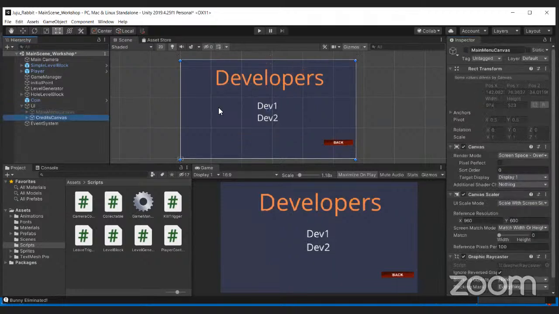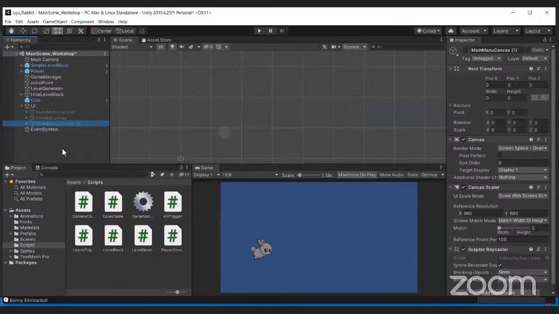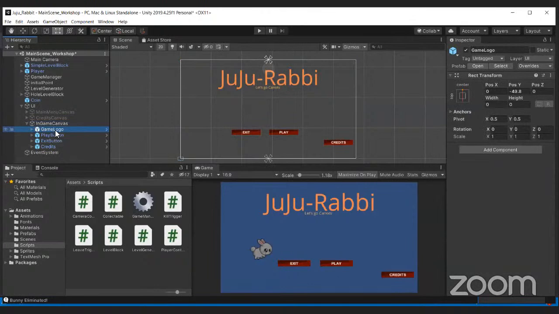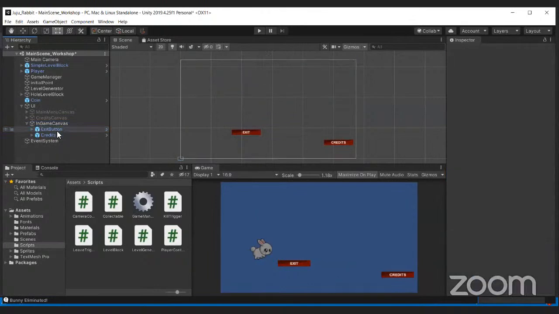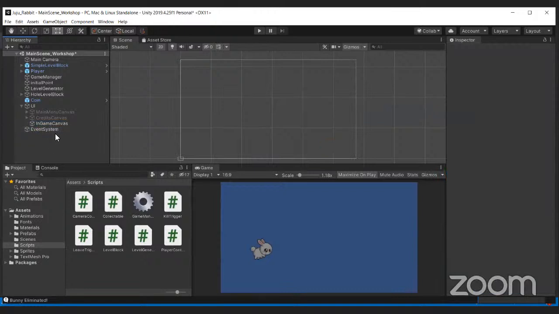the in-game canvas, right? So let's create a duplicate of the main menu canvas. Let's call it in-game canvas and enable it so that it's visible. In the in-game canvas, we don't need the game logo. We don't need play buttons. We don't need this button. We don't need the credits button. But what we do need is